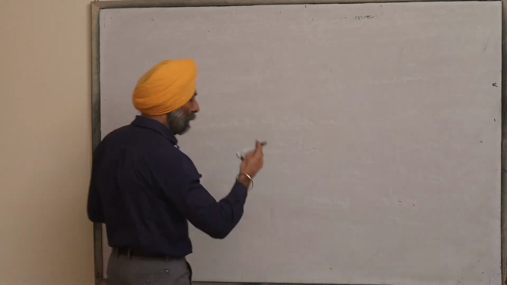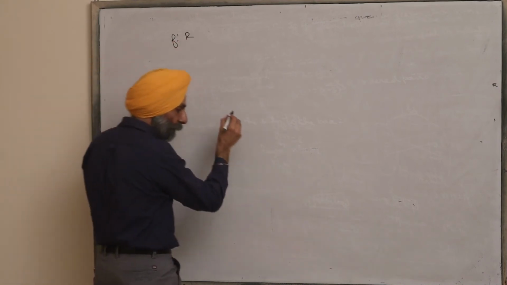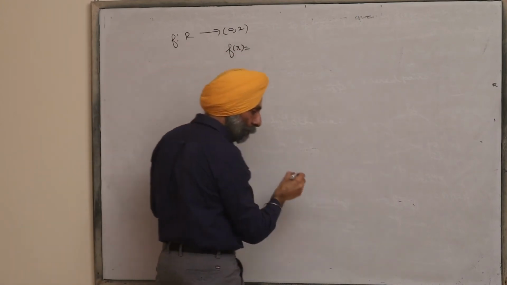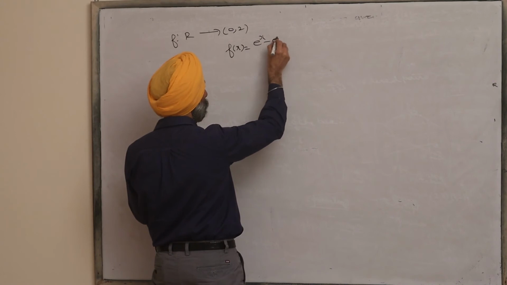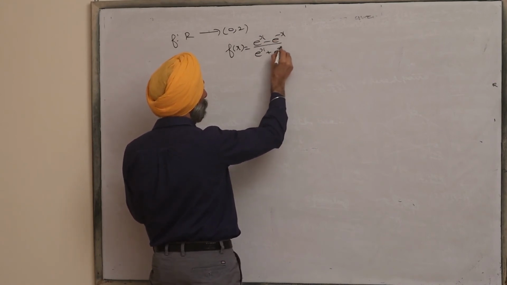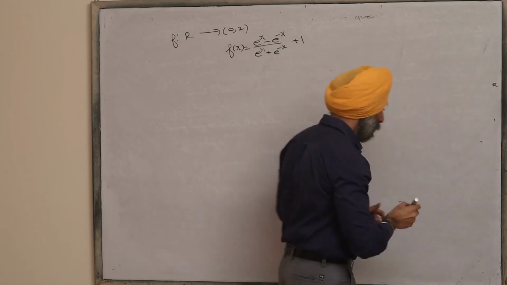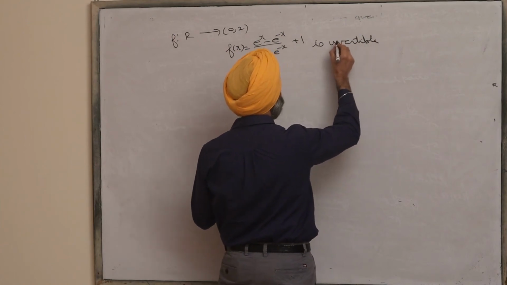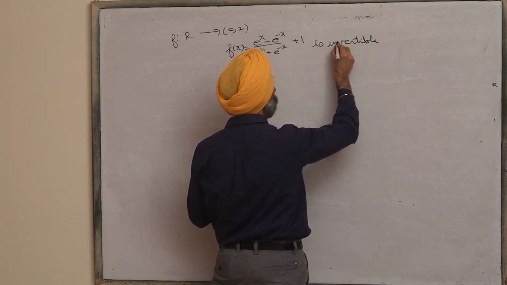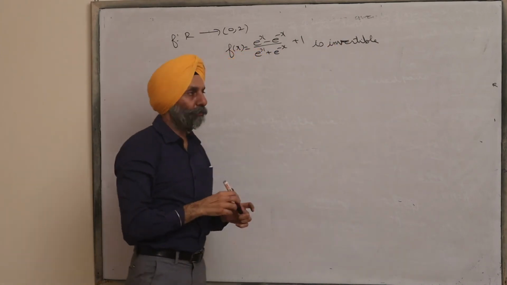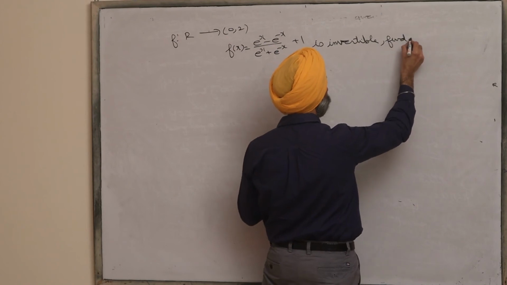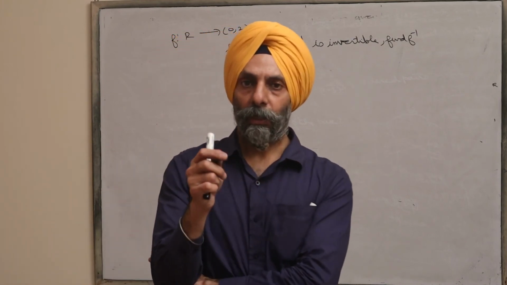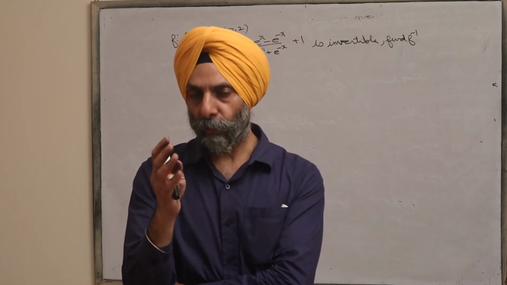Now similarly, the next question is, f is a function defined from R to (0, 2) given by f(x) is equal to e raised to power x minus e raised to power minus x over e raised to power x plus e raised to power minus x plus 1, is invertible, and we have to find f inverse. Particularly these questions are going to be very helpful for those students who are preparing for